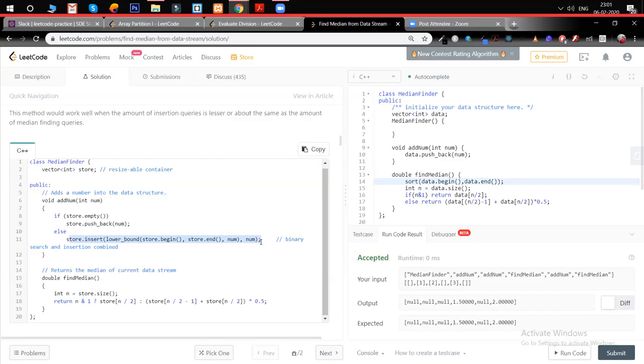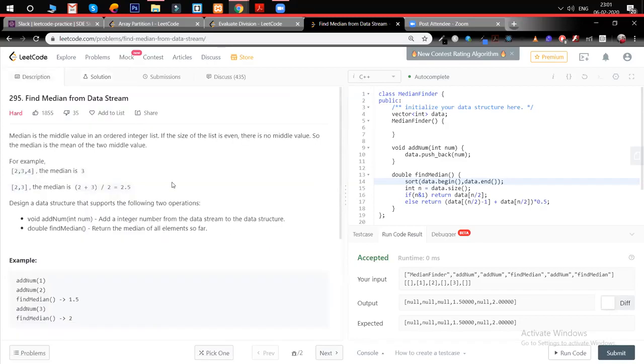Yeah. What I was doing is, I definitely came to an approach, but was not able to complete the coding. But what I was thinking of is maintaining two heaps. One will be the max heap, one will be the min heap, and I need to balance both the heaps. So the top item of both heaps will give me the median.